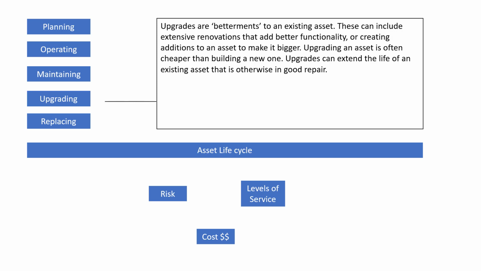Next, we'll look at upgrading. Sometimes, rather than building a new building or moving, what you want to do is have a nice renovation and stay home. So these upgrading decisions are designed to use your existing asset, renovate them so that they can do either new things or extend their service life. You do this when you have a building that's in decent condition, and with that investment, it'll cost less than actually building a new building to allow you to adapt to some type of new function or just to extend the life of a current asset.